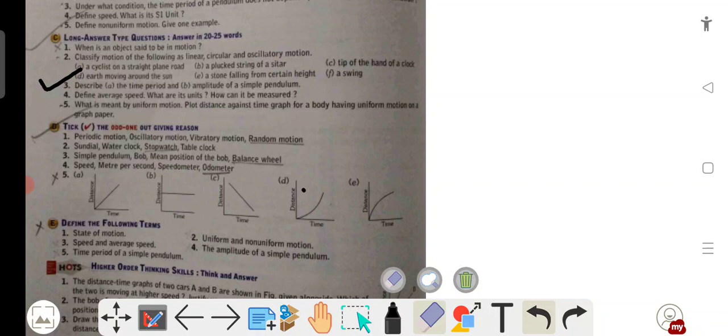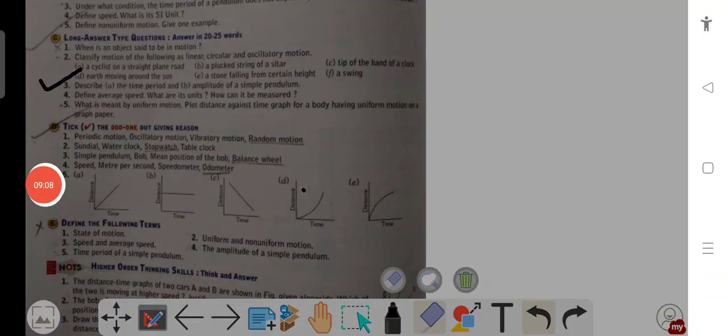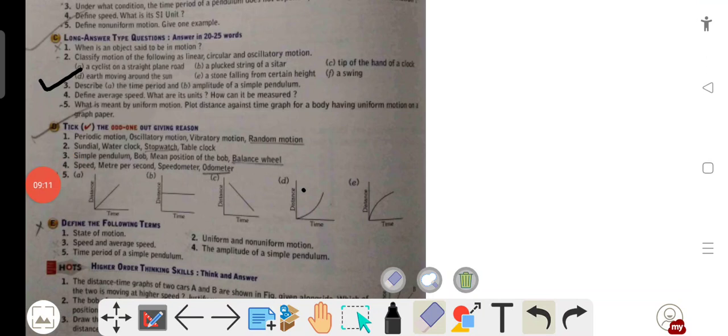Now question number D5, a distance-time graph is given. The first graph is for a uniform motion, and the second one, the object is at rest, that is, no movement occurs here because the distance is fixed with the time. So the object is at rest, and the third one, C,